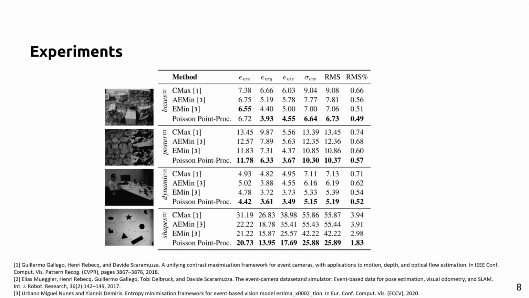The table shows a quantitative comparison among state-of-the-art methods for angular velocity estimation. Compared to the next best performing method, on poster and boxes, our approach shows an improvement of about 5% measured based on the root mean square error. On the other two sequences, we show improvement of 4% and 39%. The gain of such improvement in particular shows our superior performance for event recordings where the scene structure and motion varies significantly.